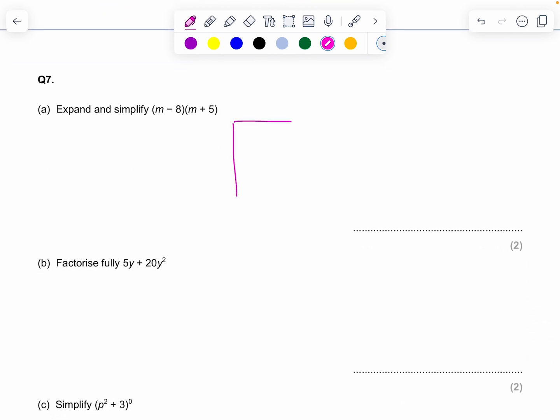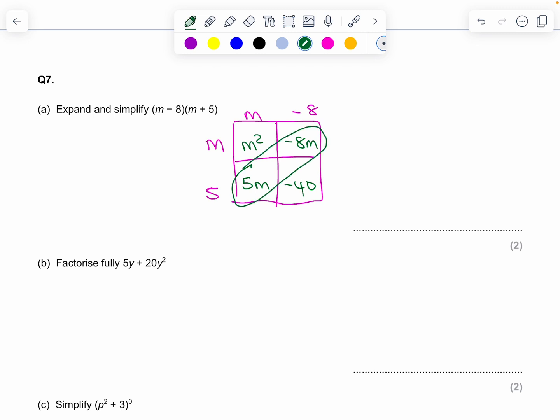Expand and simplify. You can use the grid or the arrows, whatever you prefer. So m minus 8 multiplied by m plus 5. Fill it in. m times m is m squared. m times minus 8 is minus 8m. 5 times m is 5m. And 5 times minus 8 is minus 40. Put together like terms. So put together the 5m and the minus 8m. And you have m squared